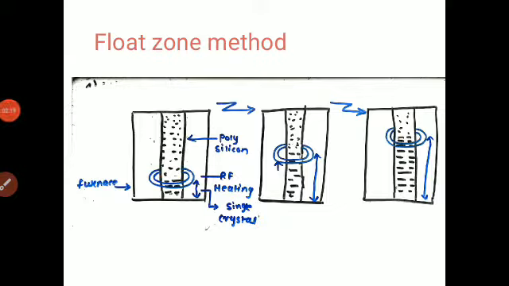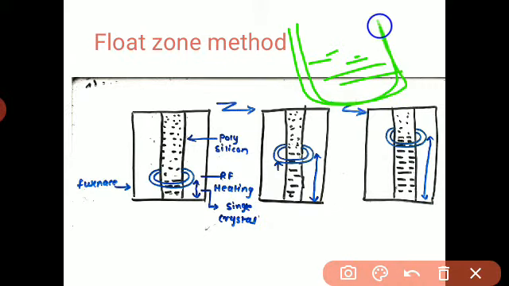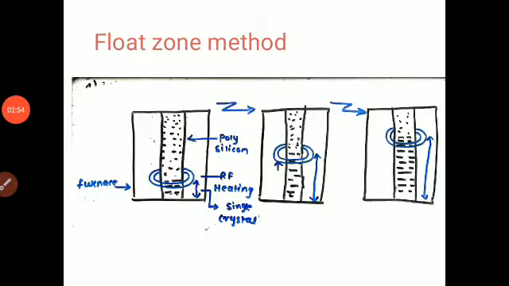Now we will study the float zone method. In the CZ method, we have a crucible and we put our melt into it. Though we want the crucible to be highly resistive, due to impurity it reacts with the melt and creates O2 impurity. So this O2 impurity is present in our single crystal due to the crucible. That's why the CZ method is not very good for pure silicon growth. This problem arises due to the contact between the melt and the crucible.